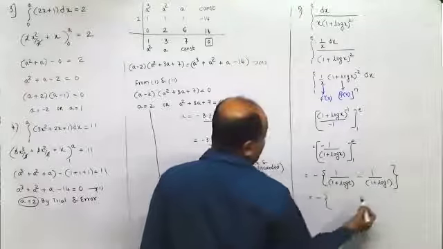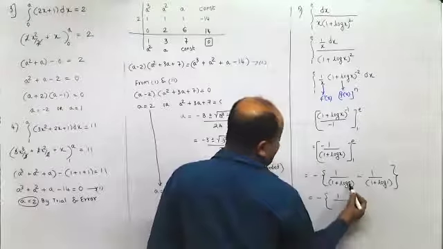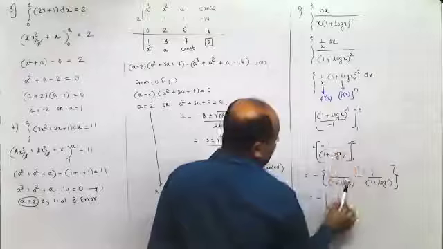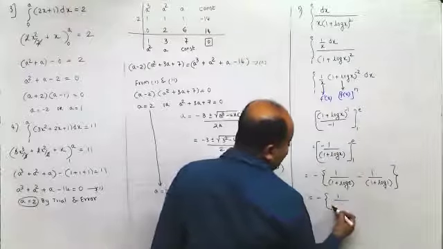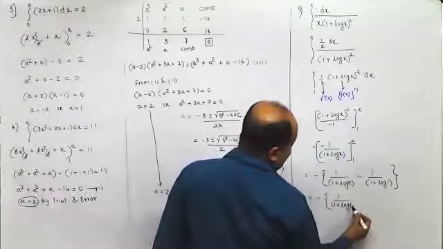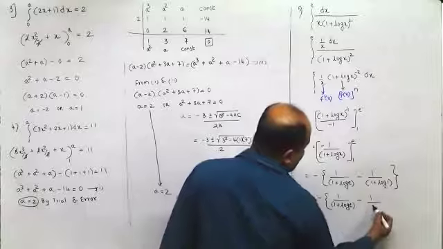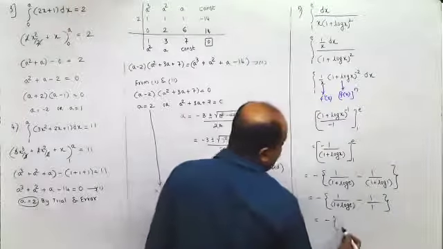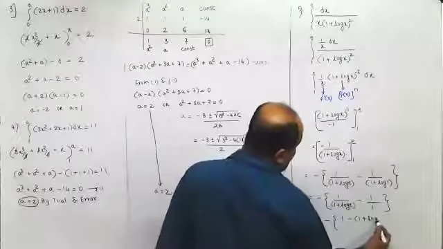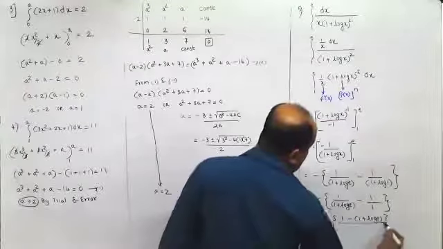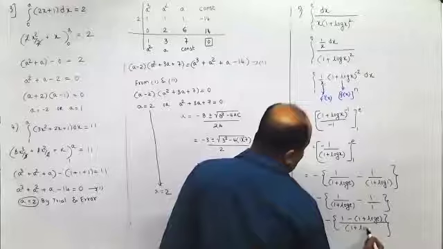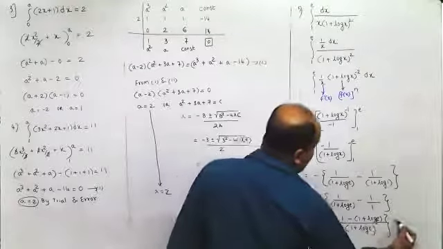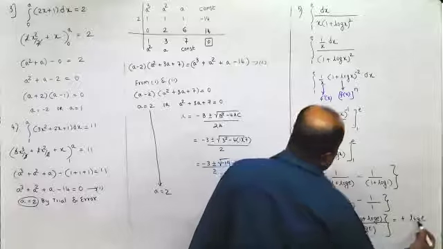Now in this case, log 1 is 0, but here you cannot take this as log e to the base e, because when you are using calculations over here, you cannot take this as log e to the base e. So 1 plus log e minus 1 upon 1 plus log 1 is 0. So this is minus 1. Now when you take the LCM over here, this becomes 1 minus 1 plus log e upon 1 plus log e. So 1 minus 1 gets cancelled, minus log e. So this would be plus log e upon 1 plus log e.